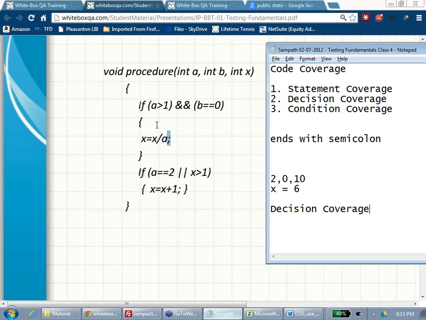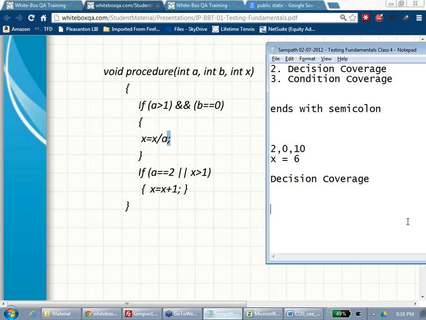So what are the two possibilities? True or false. This decision has two conditions. So first, how many decisions are there? Decision 1, decision 2. How many conditions? Condition 1, condition 2.